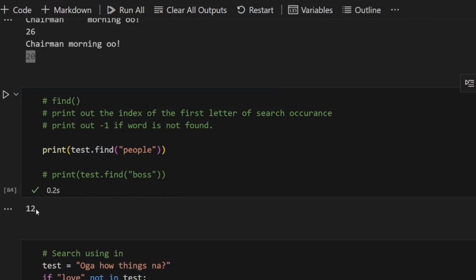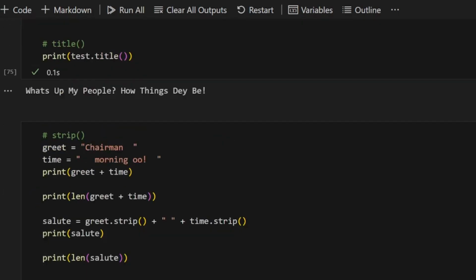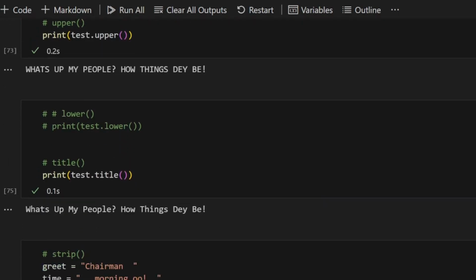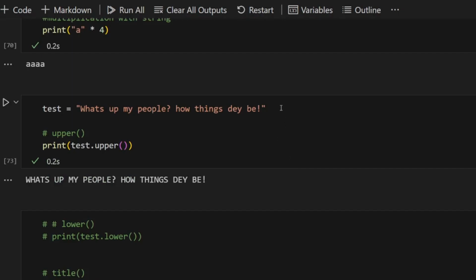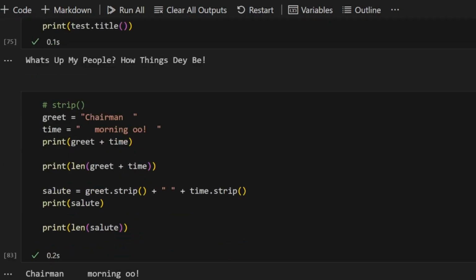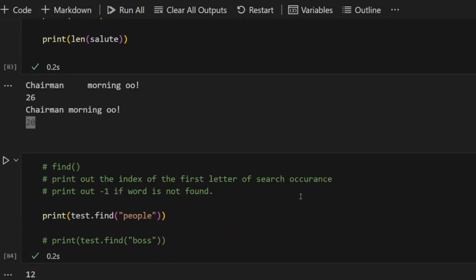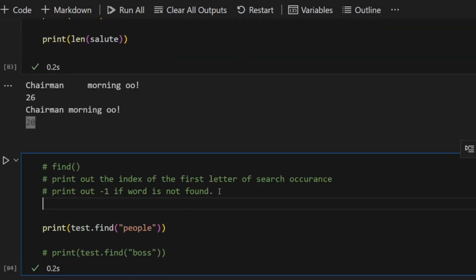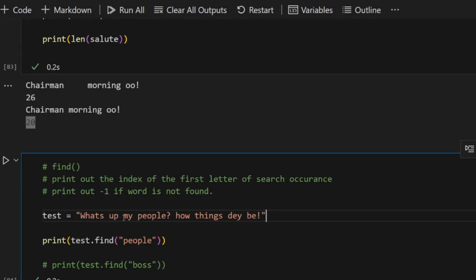This gives 12. Why does it print out 12? If we go back to our text, let me just copy the text.